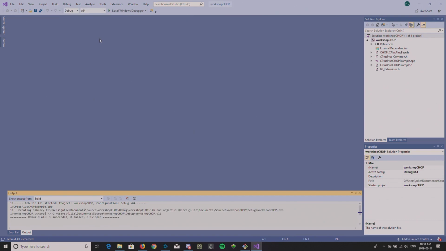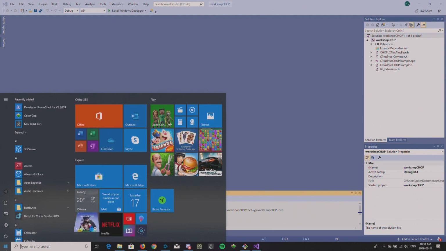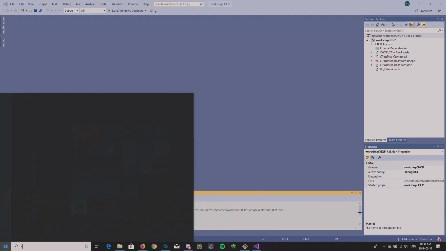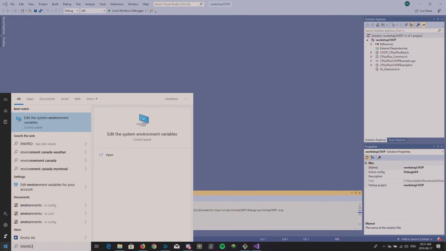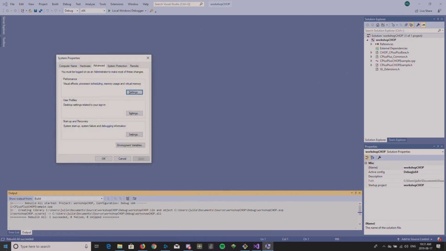You want me to show you again the environment? Okay. So inside of the Windows button, you can just search environment. If it's in French, maybe variable d'environnement. But you should have a prompt like this: Edit the system environment variables. Just open this, and at the bottom right, there's Environment Variables. Open this,